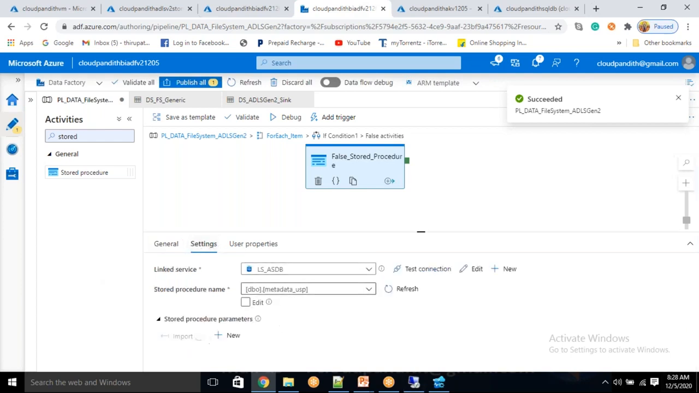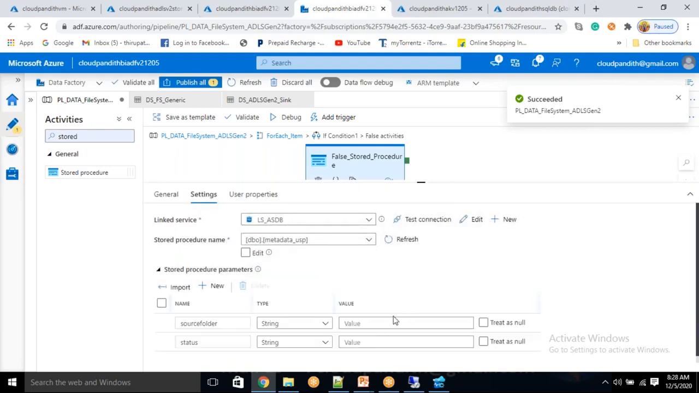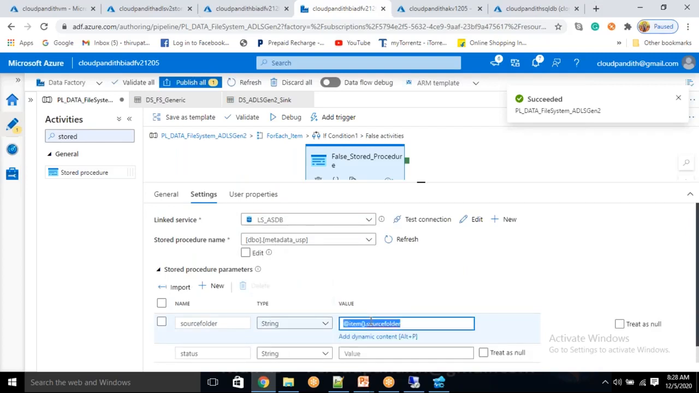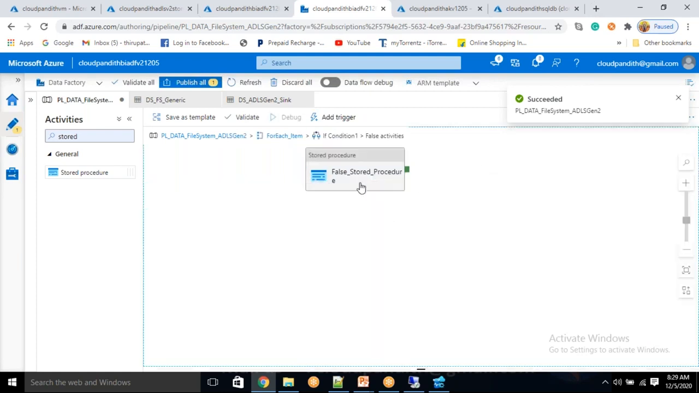So this is a get metadata, import these parameters. So here I will say source folder name is @item().this folder. Status I will mark as failed. Okay, now I will debug or run, doesn't matter, but now you know it is going to execute